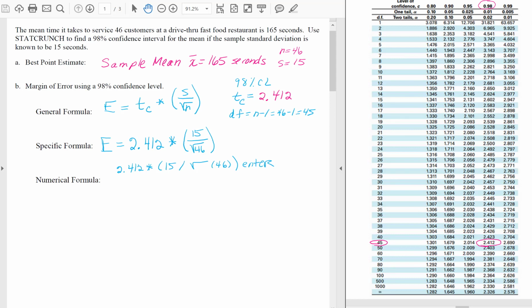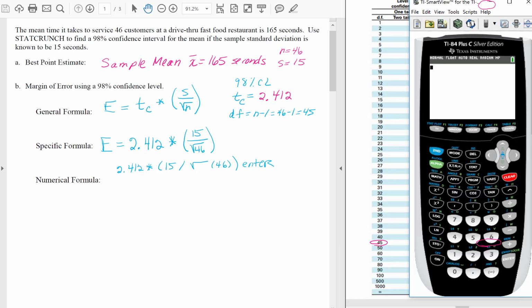So I'll pull up the calculator and do that. 2.412 times, open parentheses, 15 divided by square root of 46. I'll put the extra set in, arrow out, and close the parentheses for the operation. Hit enter. Our answer then is going to be, our margin of error is going to be